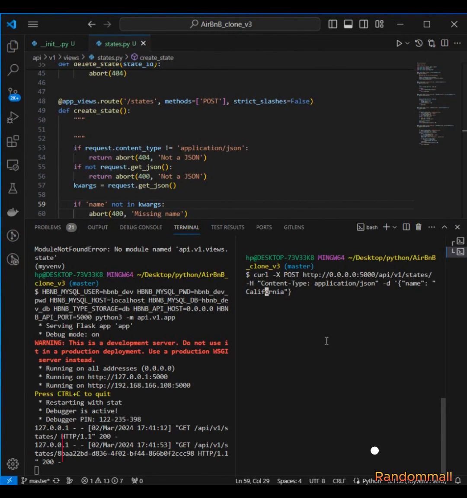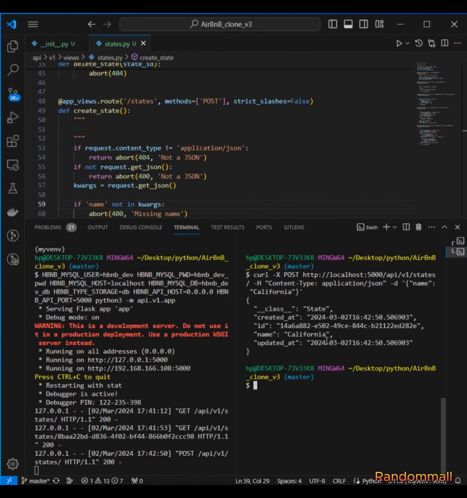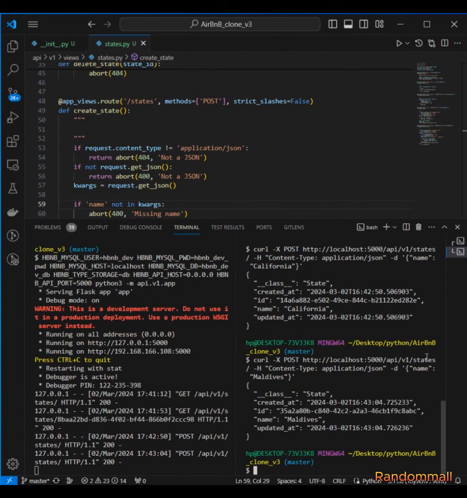And I'll update this to localhost. You see that we have another state, California. I think maybe I should rename this one to something else. I'll actually do Maldives, and we see that we have Maldives,